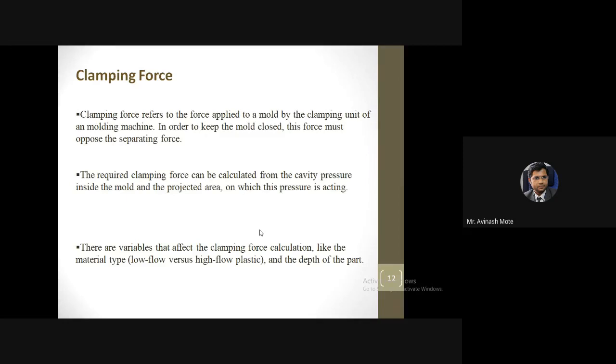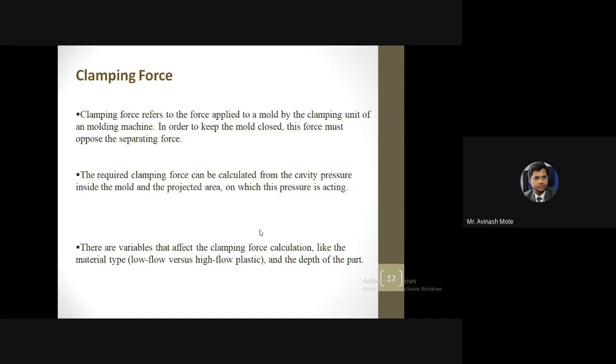So with more and more depth, the plunger or ram has to travel more and more. That time the material or the trapped gases will force the plunger or ram in the reverse direction, so we need more clamping force. Got it? So type of material and depth of the part will also decide the clamping force. One more parameter is there, I missed that: temperature. Because temperature will ultimately have an effect on the flowability.